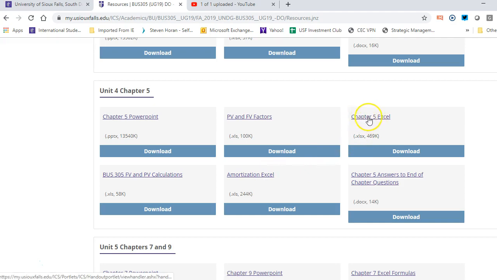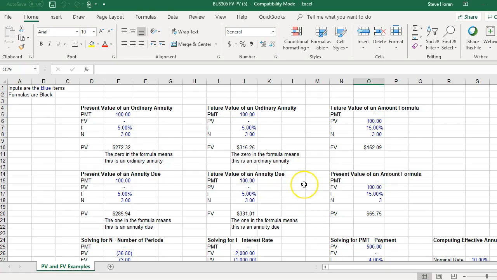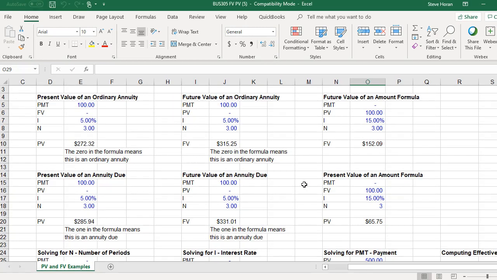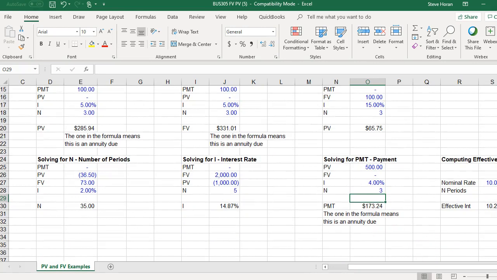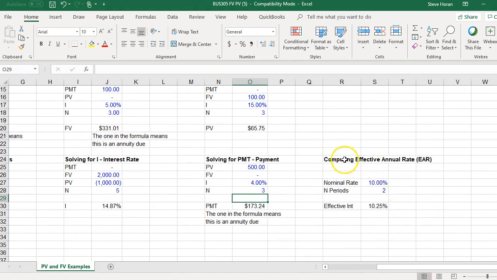Almost every chapter has some kind of an Excel file that the author has provided. You can definitely look at those and just follow that along as examples, because that's what's in your chapter is screenshots of those Excel files. But this one right here called BOS 305 FV and PV calculations, this is one that I put together to kind of help you do the homework for the chapter. And I want to show you, I'll start out by going to this section right here where it says